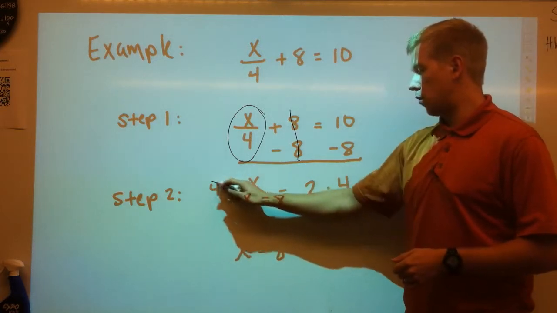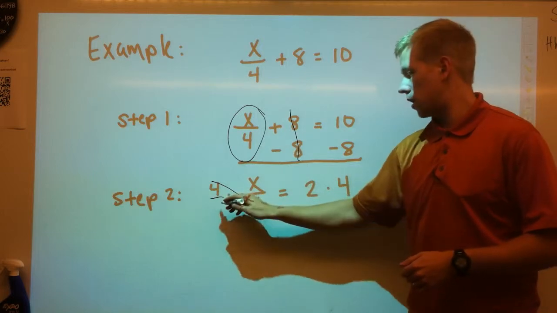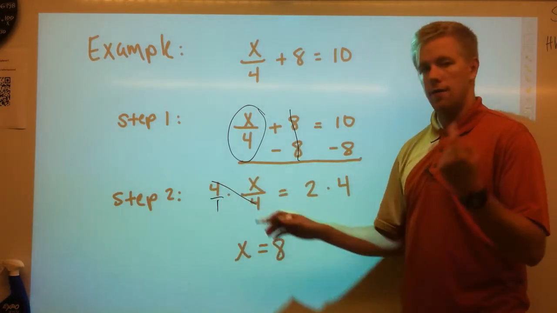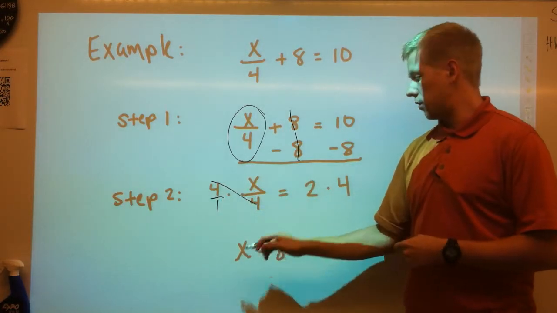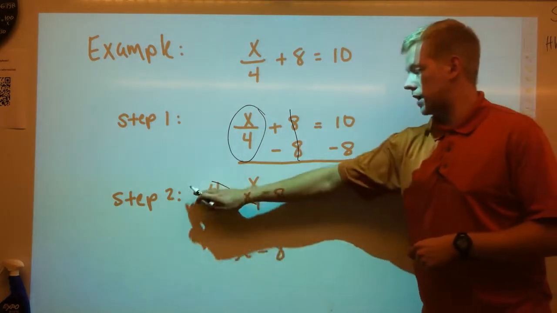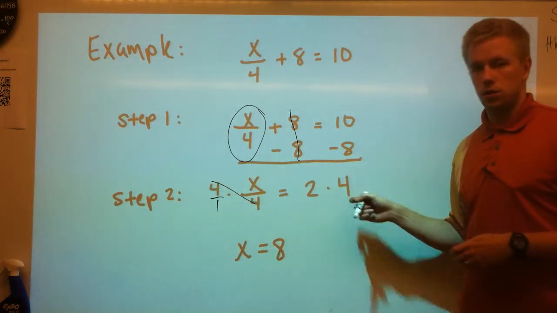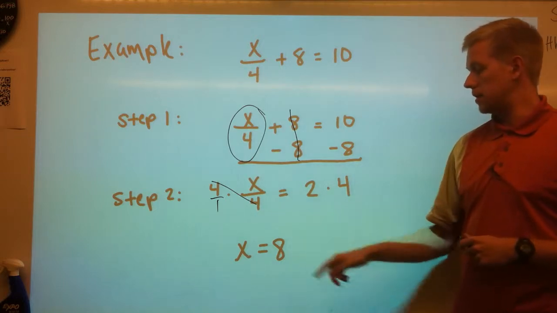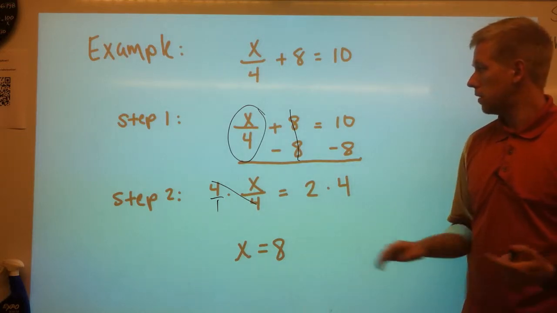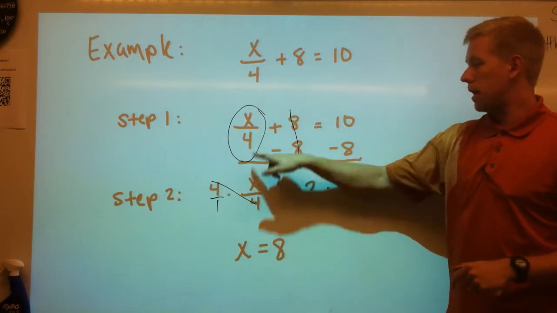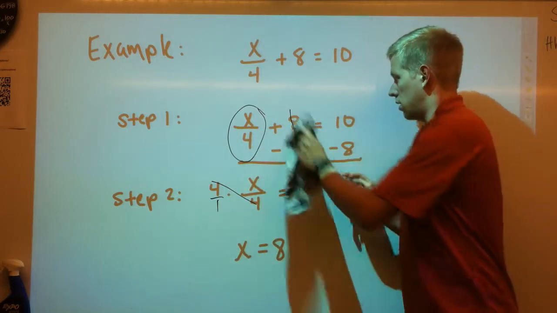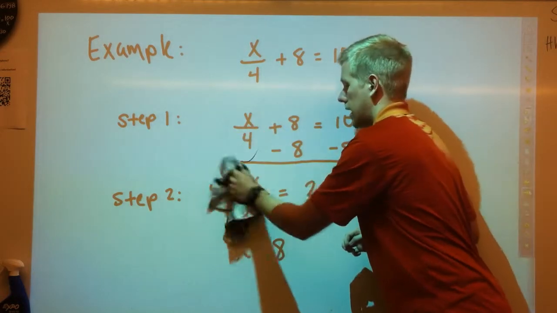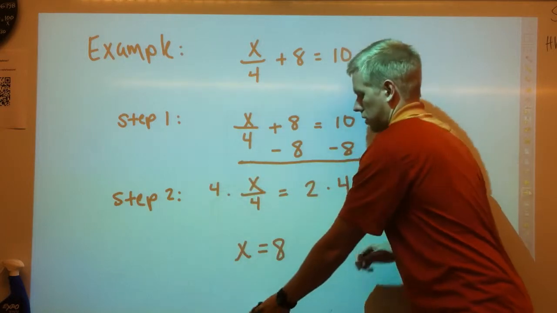4 times that 1/4 is 1. Remember talking about yesterday when we multiply across, everything turns out to be 1. So we're left with that 1x, and what we do on one side, we have to do to the other. 2 times 4 is going to give me an 8. So my answer is x equal to 8. That's solving it using multiplication when we're given a fraction. Okay. And then our last example here